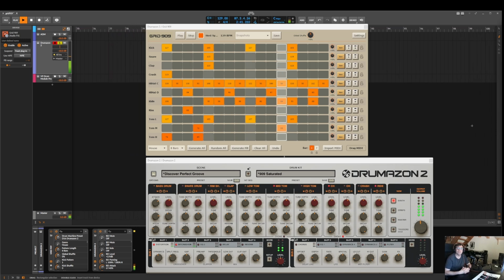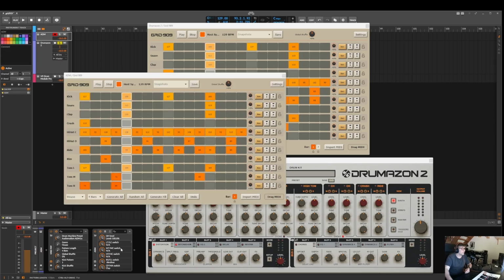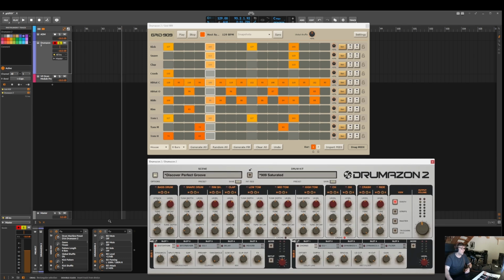Load it as a MIDI effect, route it to your favorite 909 drum plugin and just keep hitting generate until something works for you. So let me show you how it works in detail. As I said, you have to load it like a MIDI effect here. I put it in the same channel as the ADM, or the Drummer Zone, or the Bitwig Drum Module Pro. So if I load it up here, let's keep with the Drummer Zone one. That's this one from D16, and I use it to control the D16. I had disabled the internal sequencer mode so that the Drummer Zone receives MIDI notes from the